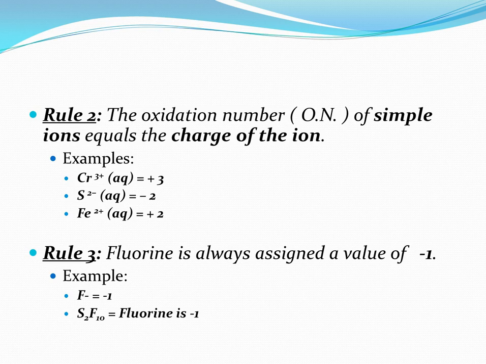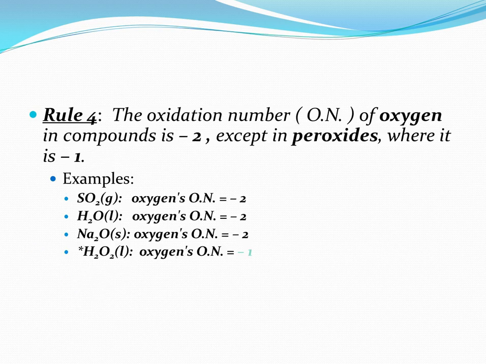Fluorine is a special element because it will always be assigned an oxidation number of -1. Oxygen almost always has an oxidation number of -2. If oxygen is in a peroxide compound, then the oxidation number for oxygen is -1. This explains why the oxidation number for oxygen in sulfur dioxide is -2, but the oxidation number for oxygen in